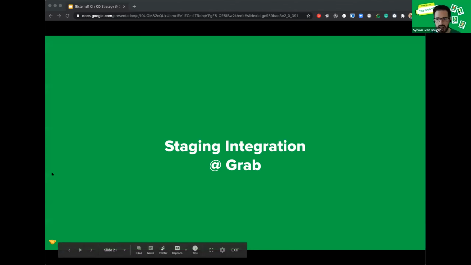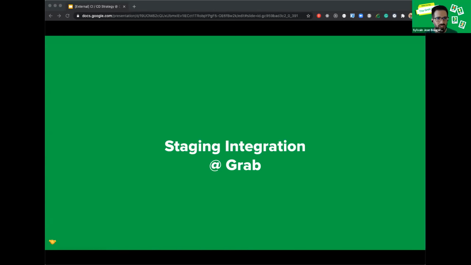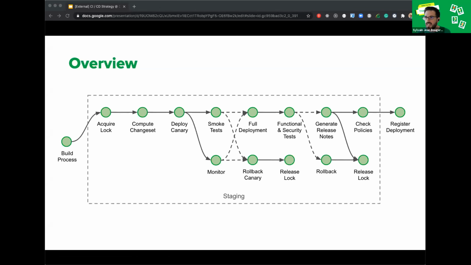All right. So we're going to talk about staging integration, right? You're out of the trenches with your build. You've tested it. You know it's ready to have a good binary. You want to try integration tests before you hit production to make sure that it gels well with whatever is running. So we have a complicated workflow to test something in staging.